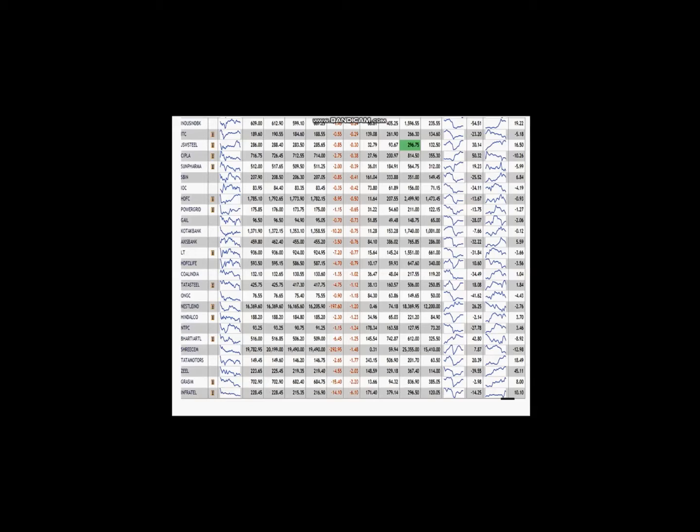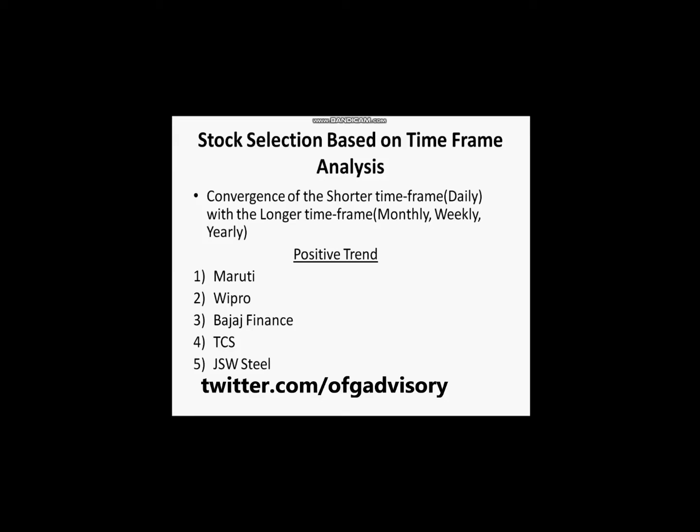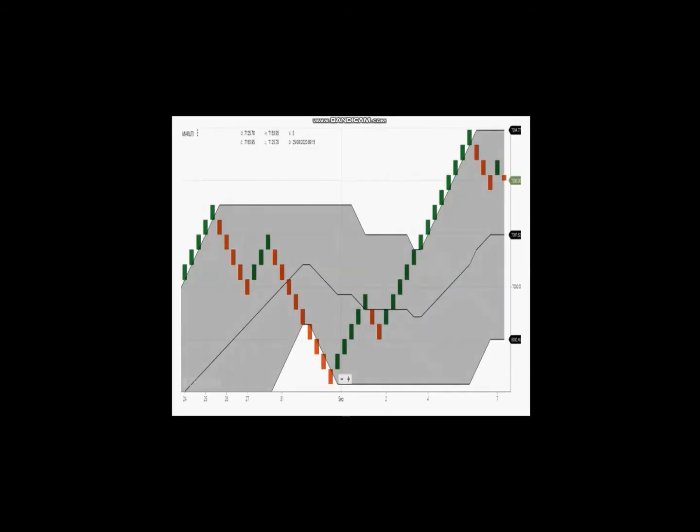Now let's go to the second step. In the second step, we need to confirm whether those stocks are really in an uptrend or not. If not, we need to wait till a certain level and then we can enter into our strategy. The chart setup I look at, what I follow in my trading style, is the Donchian channel mixed with the Renko chart.